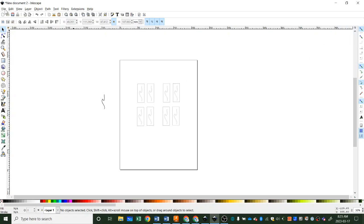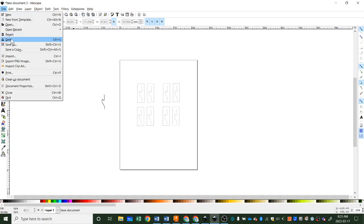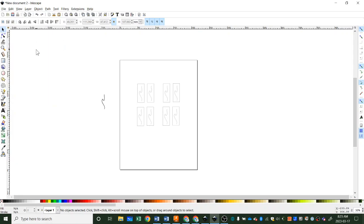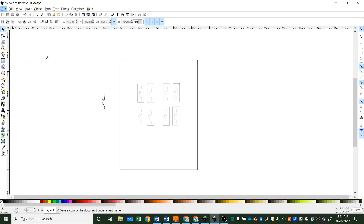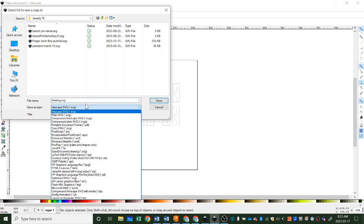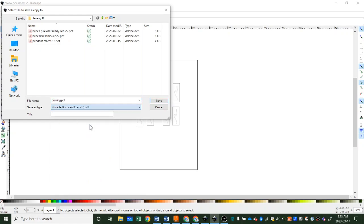So now what I'm going to do is go File, and you should have saved your project by now. If you haven't saved your project, you need to save it somewhere. But now, and notice mine isn't saved, I tell you that, but I'm not going to keep this. So File, Save a Copy is what we want to do to get it to our printer, and save it as this file format, PDF. Call it something meaningful, like this is going to be jewelry, son,